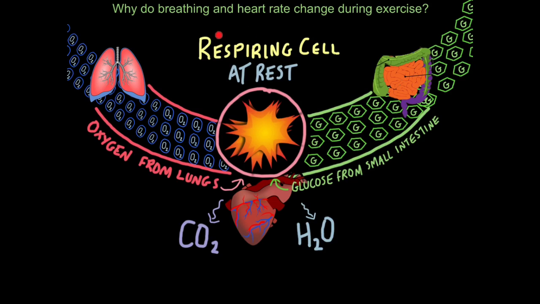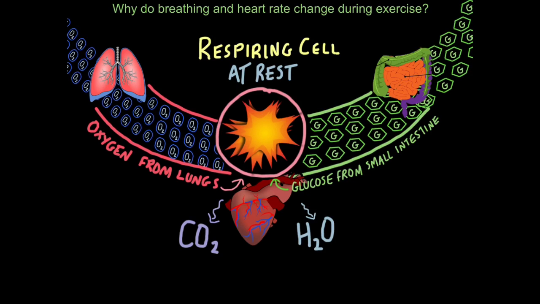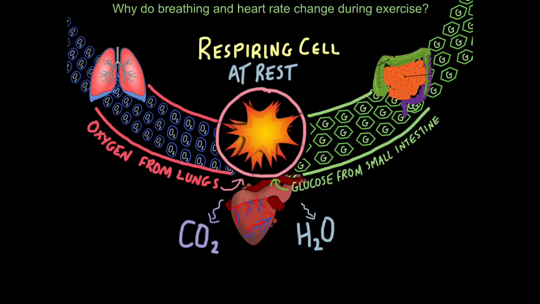First, let's look at a respiring cell at rest. What I mean by that is not asleep, but just basically sitting down or not doing anything particularly active. Now remember, oxygen and glucose will be delivered to our respiring cells by our circulatory system. That's why our heart needs to beat. The oxygen comes into our body via the lungs, and the glucose comes into our body via the small intestine when we eat food. So at rest, our heart rate is fairly low, so oxygen is moving into our cells